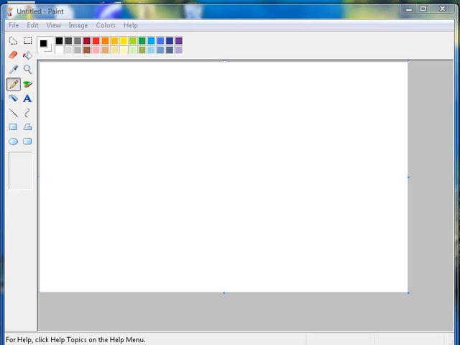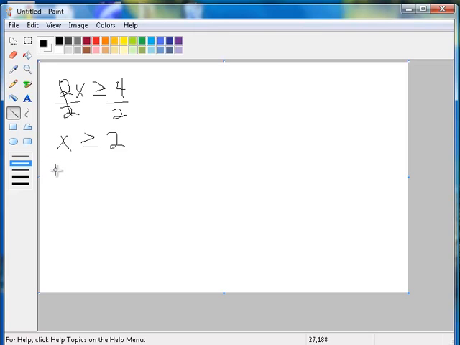In this video, I am going to show you how to work with interval notation and also how to solve a compound inequality. Let's start with an inequality, 2x greater than or equal to 4. To solve it, we would divide by 2 on both sides, and we would have x is greater than or equal to 2. Now, the best thing is to do a number line first